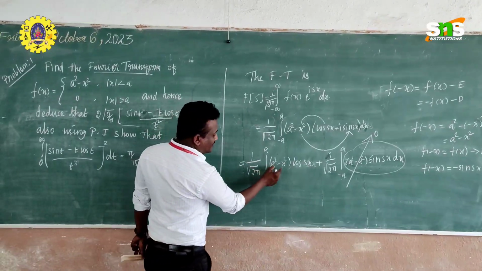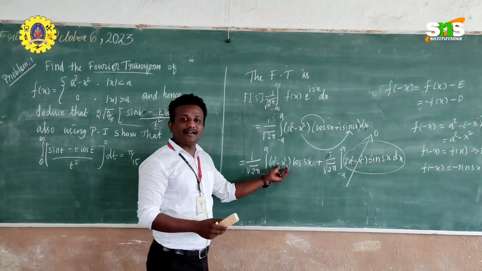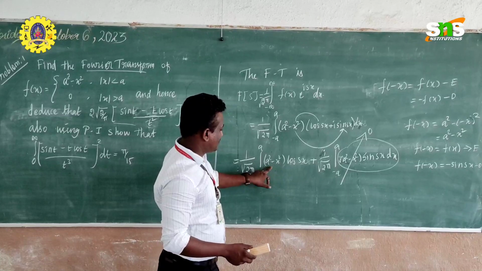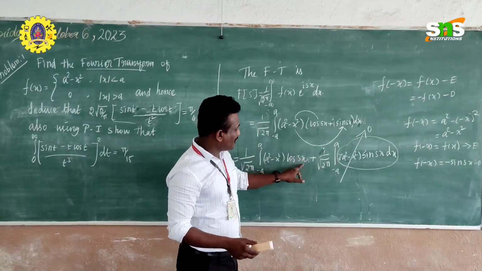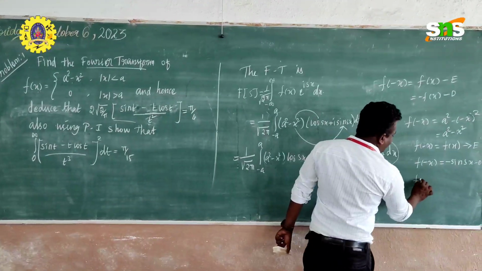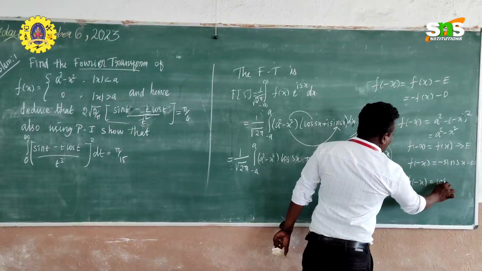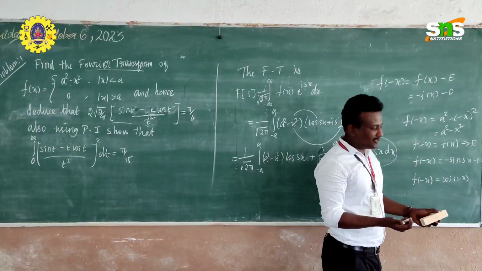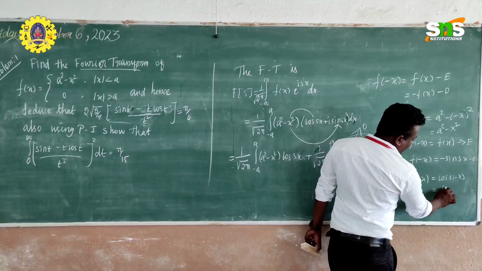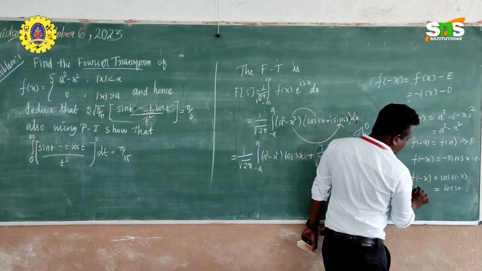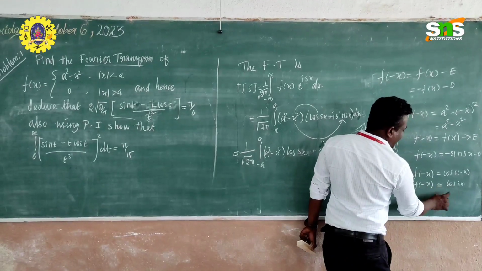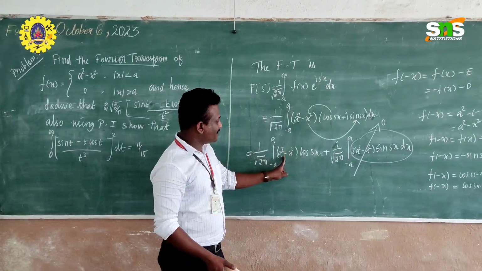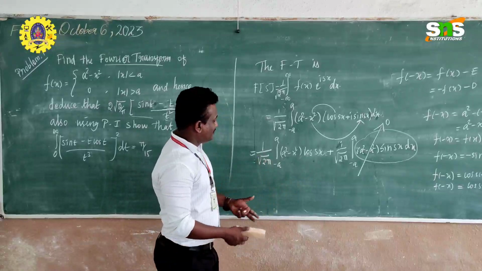So now I check this term also, how to check whether it is even or odd. First, we have already checked that this function is even. Now we have to check only this function. So when we calculate f of minus x, cos sx of minus x comes. So cos of minus theta is what? It is positive cos theta. So again cos sx. So when we calculate f of minus x, what do you get? You get f of x. So then what can we do? This is also an even function. So even function into even function, again it is an even function.